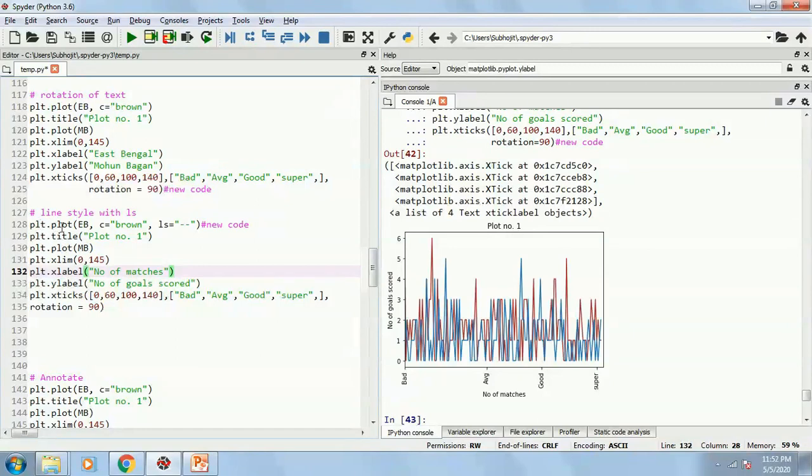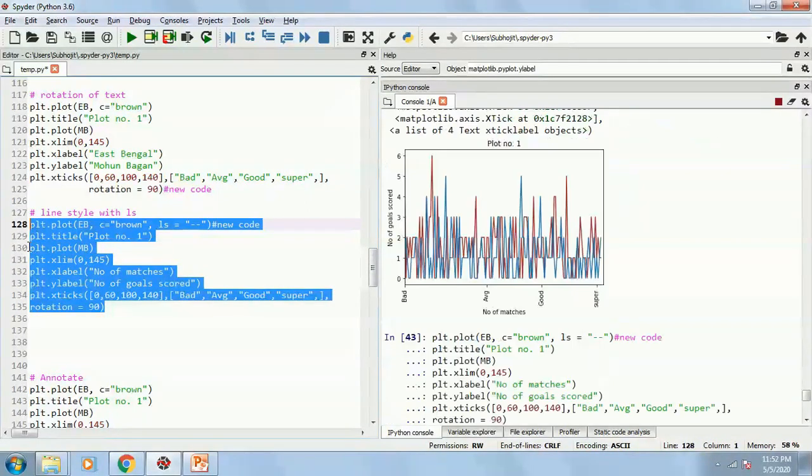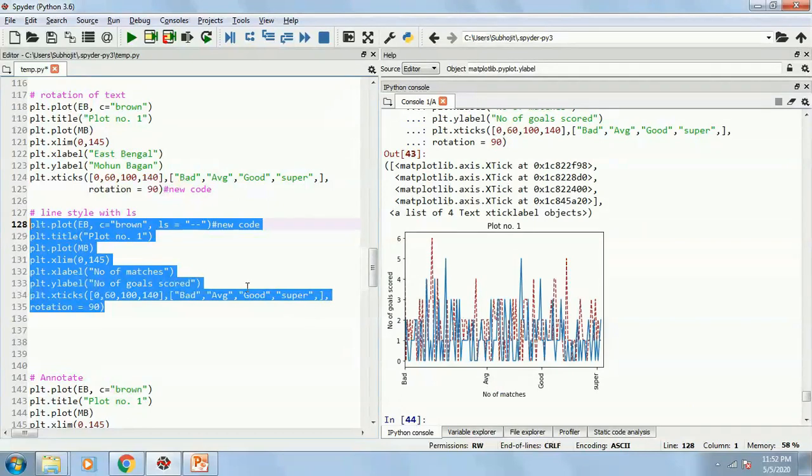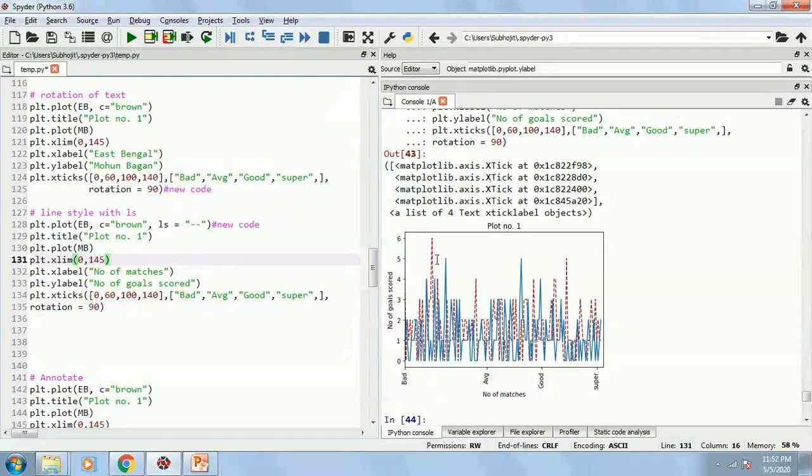I wrote plt.plot and I can add over here ls, meaning line style. ls equals to, maybe I can put it as a dash. It will be a dotted line. So my East Bengal has become a dotted line and Mohun Bagan has become a simple line.